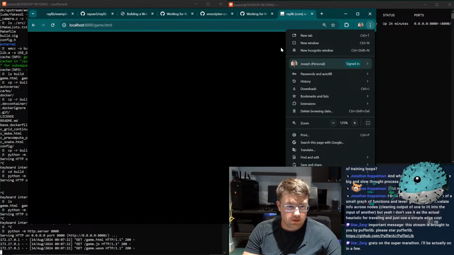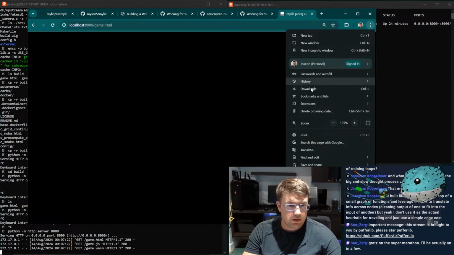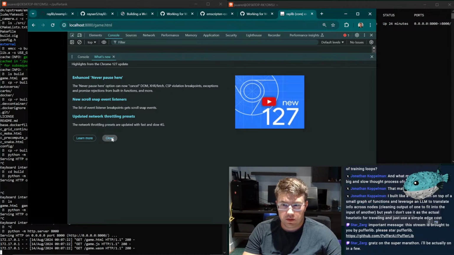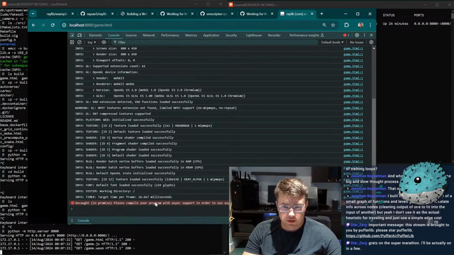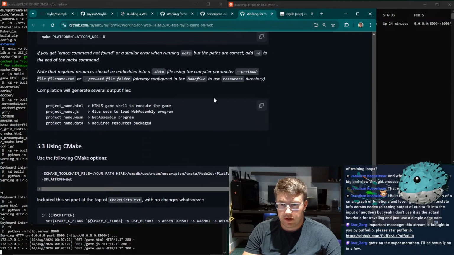Where's the dev tool setting again? Wait, where's the freaking dev tools? Uncompile. Please compile your program with async support. Okay. So apparently we already need this.